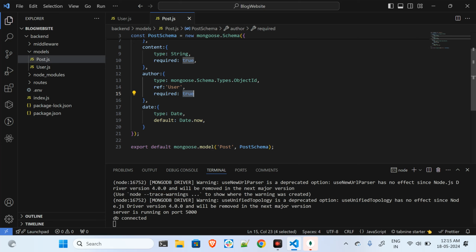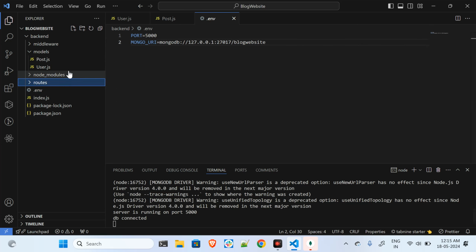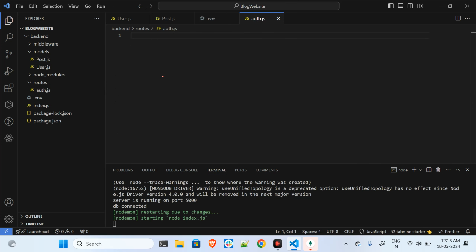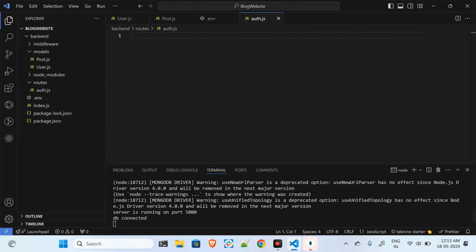So now we have the routes. I will show you what these routes are and how to define them. So first of all, we will have two types of routes, the user routes and the post routes. So I will do one thing. I will come over here and I will say auth.js, and when it comes to auth.js, I will import